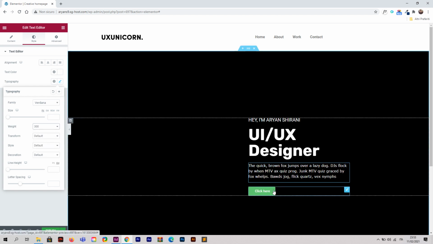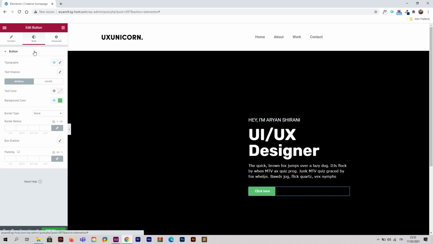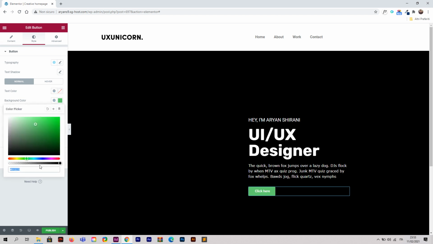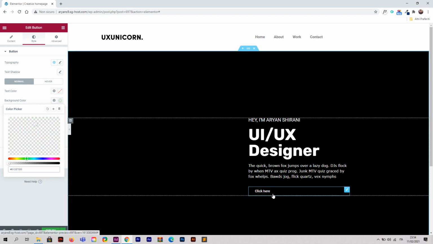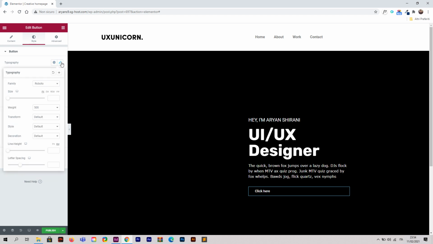So now we're going to change the button design. Click on the button, and of course you go to style. We click on background color, and we are going to remove the opacity of the color. So I'm going to click this bar here. As you can see, we'll remove the background. After that, we are going to change the typography here, clicking on that, and